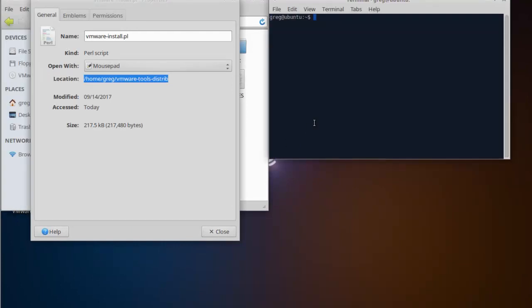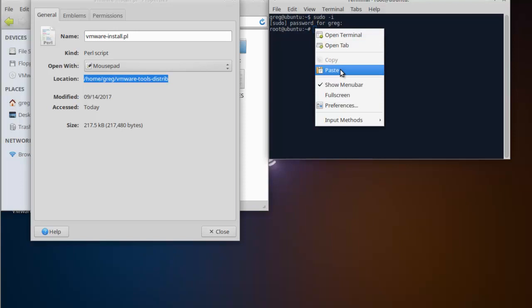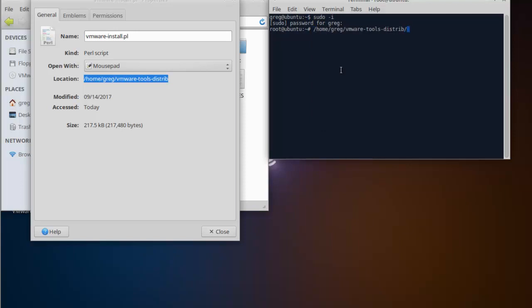Now we're in the terminal. Let's switch to the sudo user. We're now in the root user, and we're going to paste in the location of the file that we need,